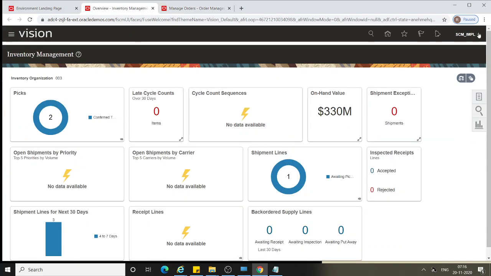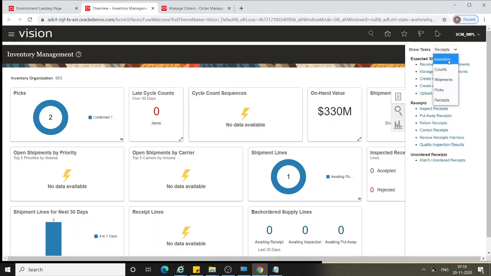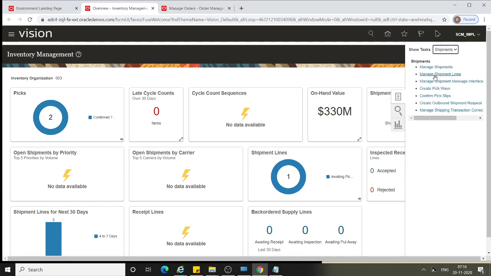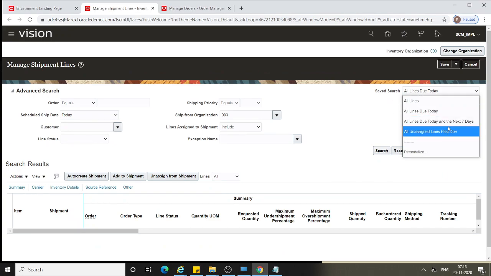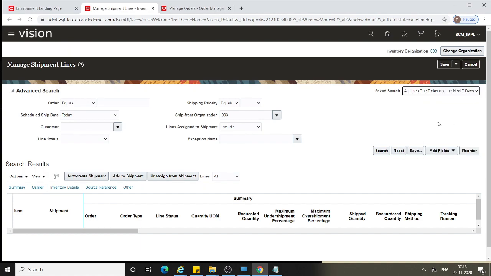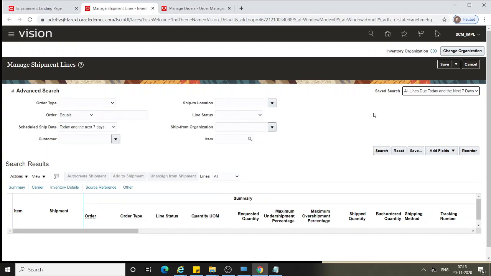Okay, now click on inventory management and from the task pane, shipments, and from here click on manage shipment lines. Okay, so from here, from saved search, I'm going to select all lines due today and the next 7 days, because our line is expected to be shipped within 4 days.